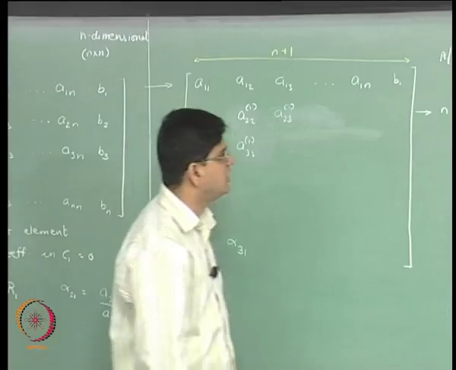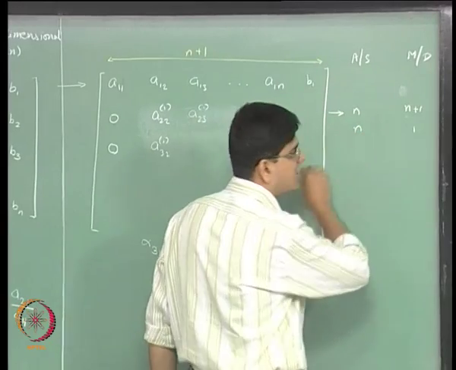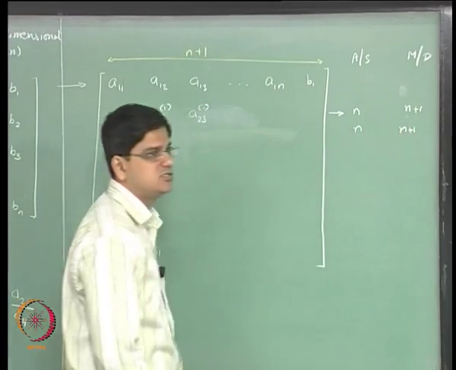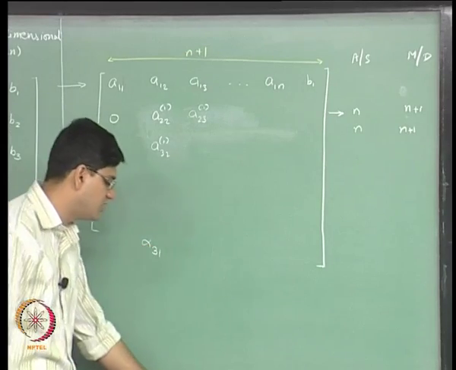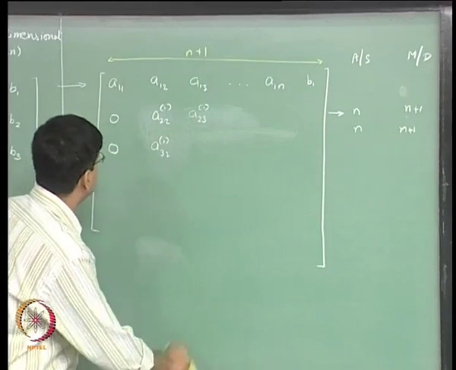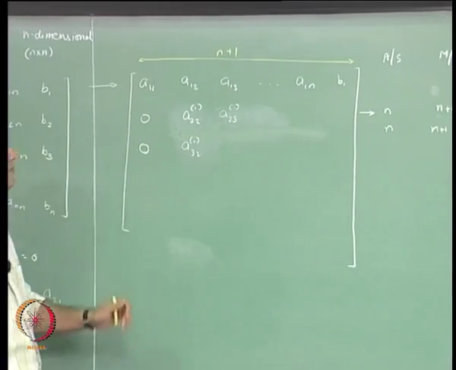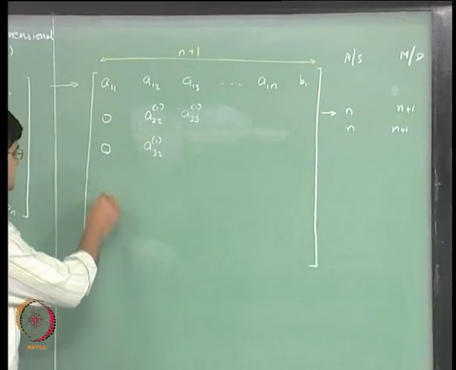Okay. So, the number of steps required over here are going to be n addition subtraction steps and n multiplication division steps, plus one more multiplication and division step to get alpha 31. Okay. And as you see, the pattern we are following is that for each and every row the number of steps that are required is exactly the same. Okay. As a result of this,